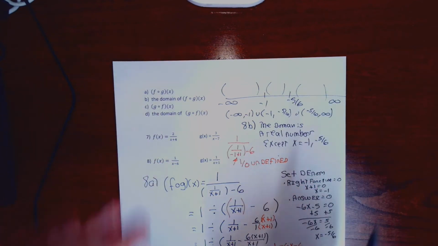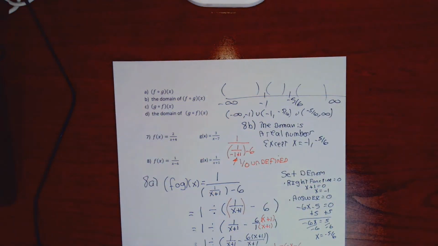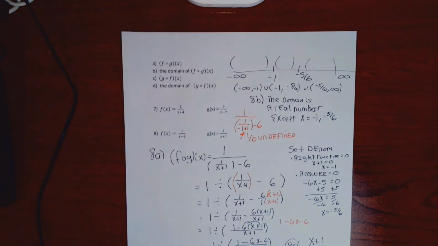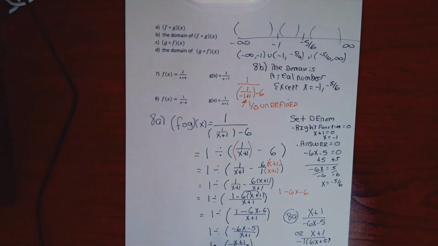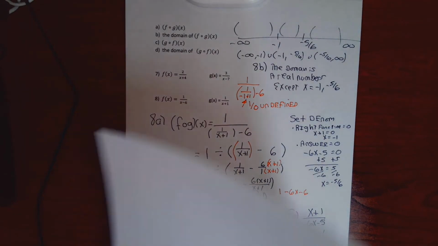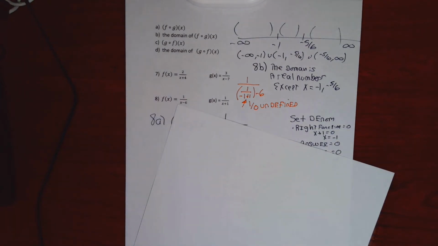If you did that just out of instinct, that's completely fine. I'd give you full credit for that, but it's not what I show in the answers, and I just want to be consistent with myself. Let me do the g composed with f of x, but I need another sheet of paper because that problem took all the room I had. So let's do part